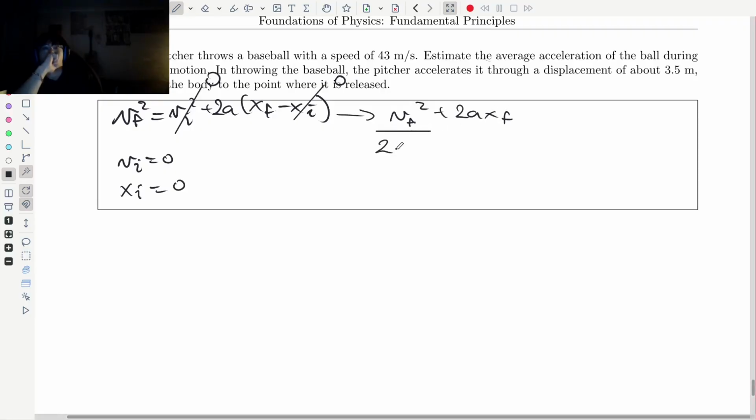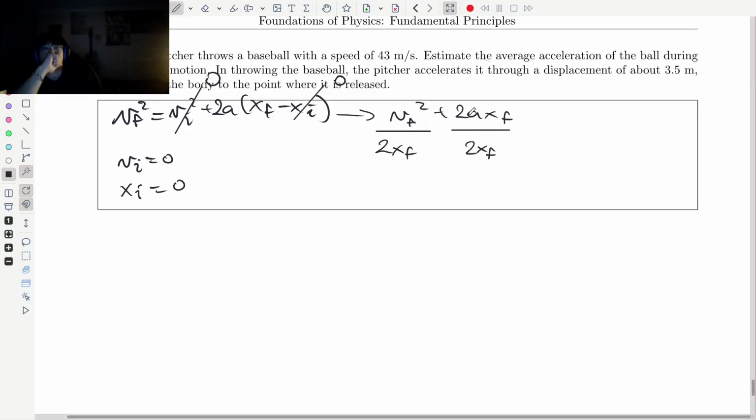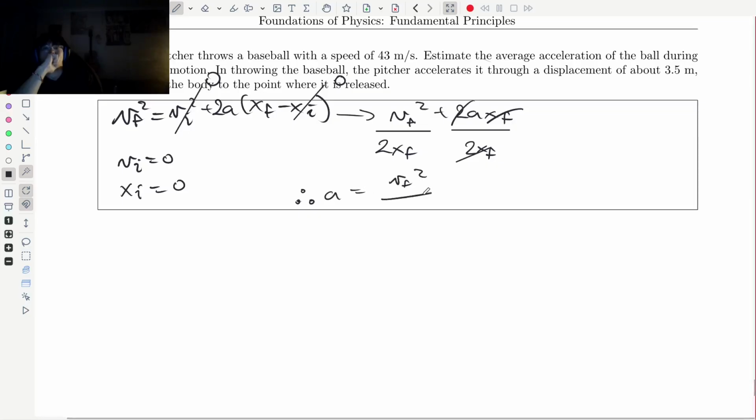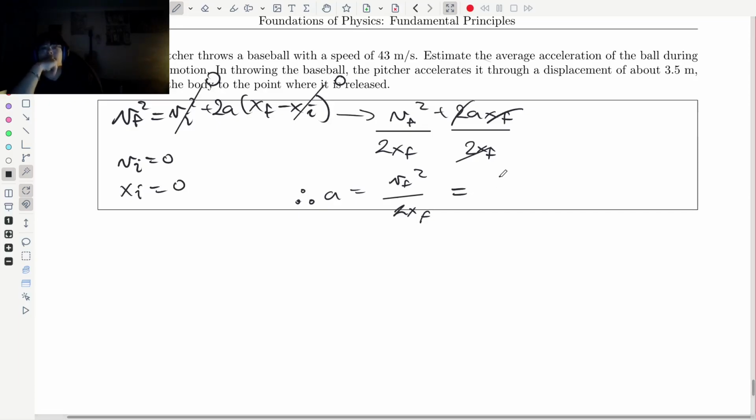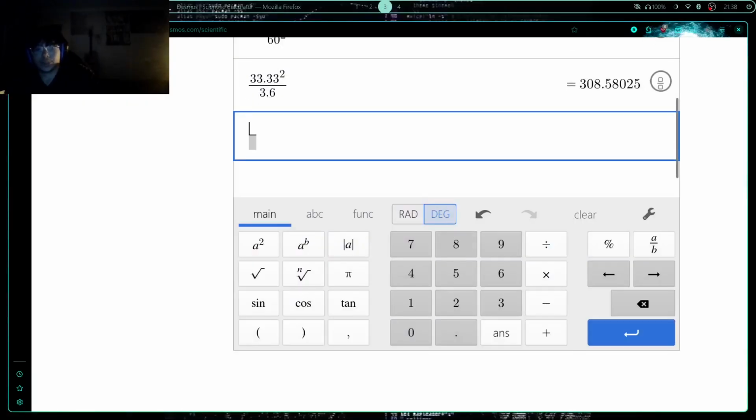Now we can divide both sides by 2xf, and this cancels with this, meaning that a is equal to vf squared over 2xf. Now we can substitute our values in: 43 squared, and then 2 times our final displacement 3.5, so 43 squared over 7, which is